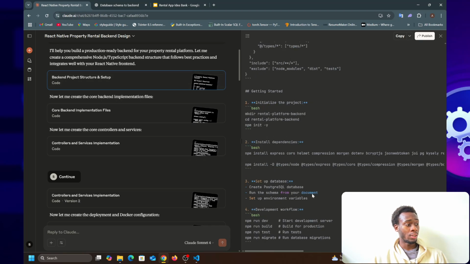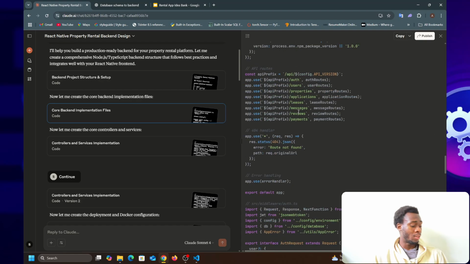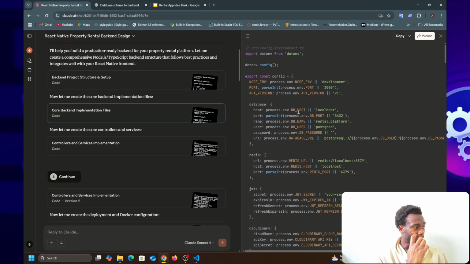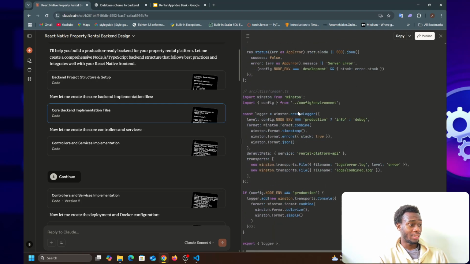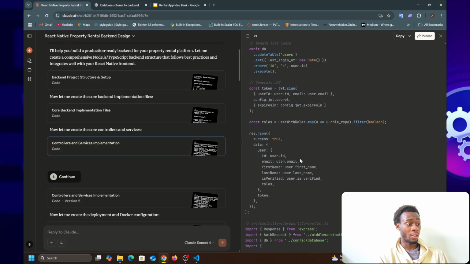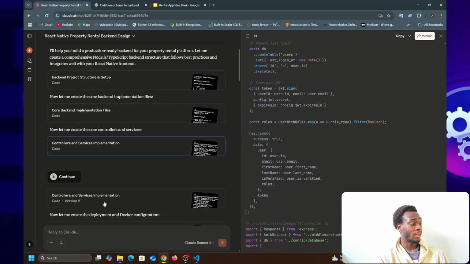Look at this, all of this. Look at the detail that went into it, and then again with the backend implementation, the detail is insane compared to what GPT-5, supposedly the best model, gave.